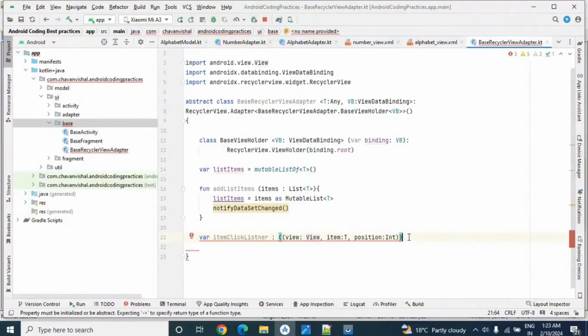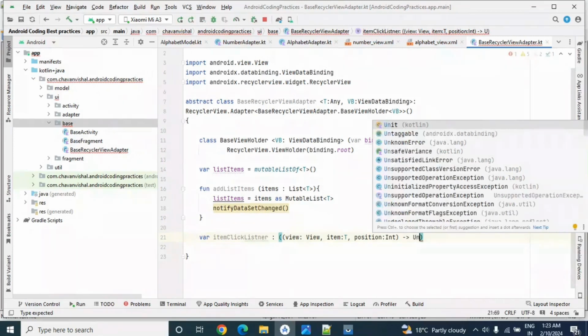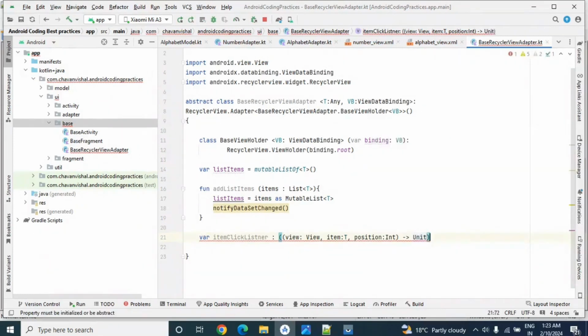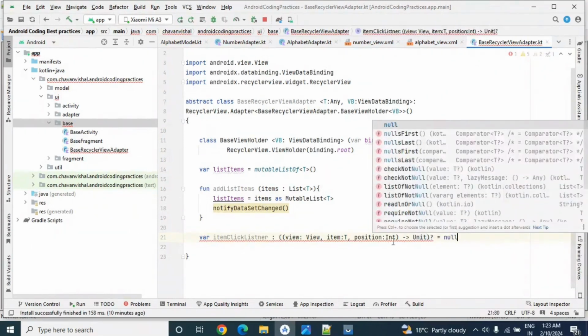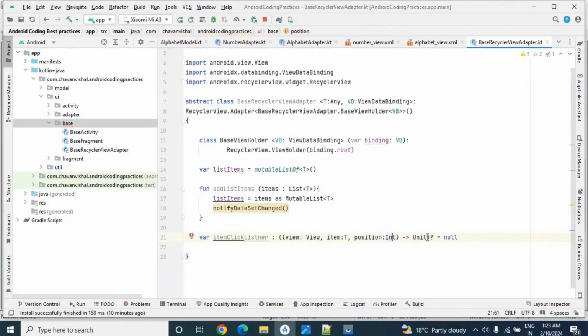And this will return unit, or void we can say, is equal to null. So this is our listener. Now we have added the listener.